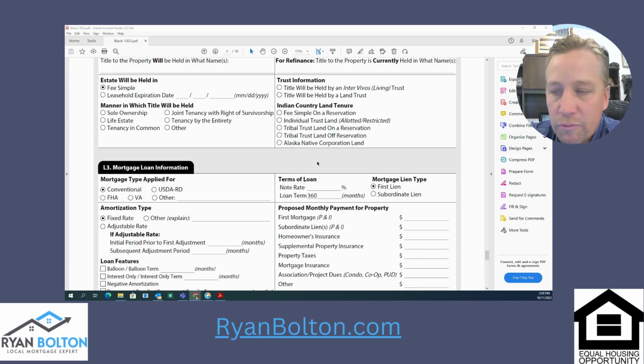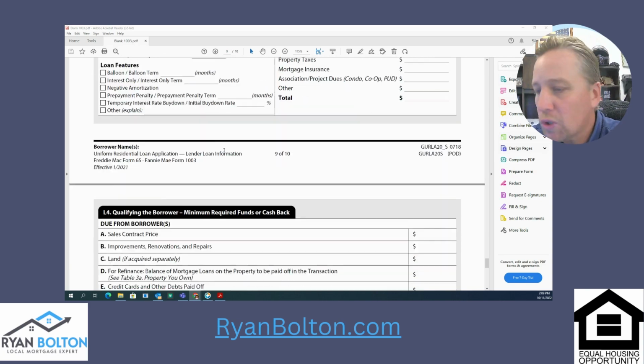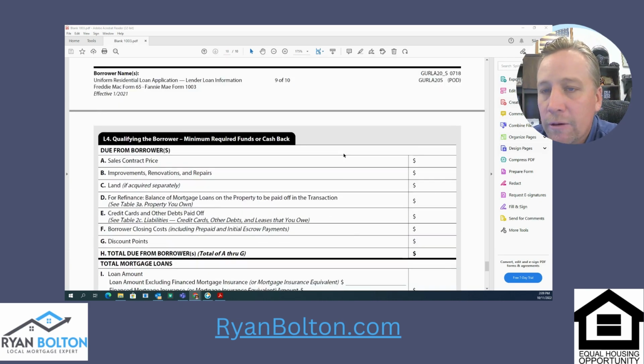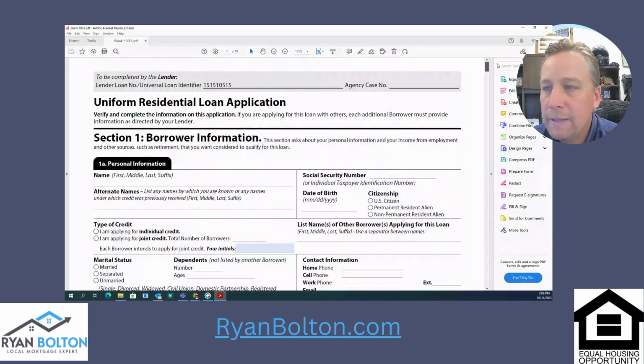This right here is some lender information that goes into the back end of the file to know what type of loan we're doing, what type of term. So you can see it's quite a long document here. All of this information is compiled. Let me go back up to the top again. All this is compiled on the Uniform Residential Loan Application, what we call the URLA, and this will determine